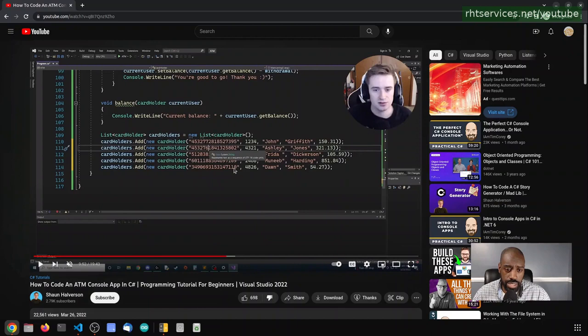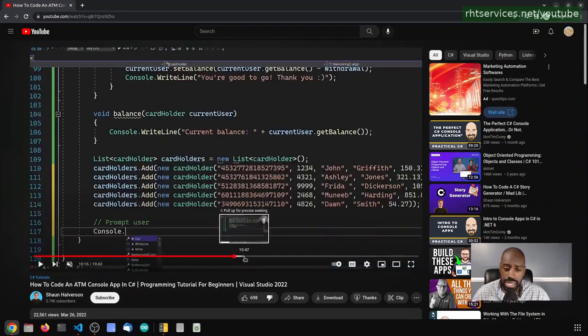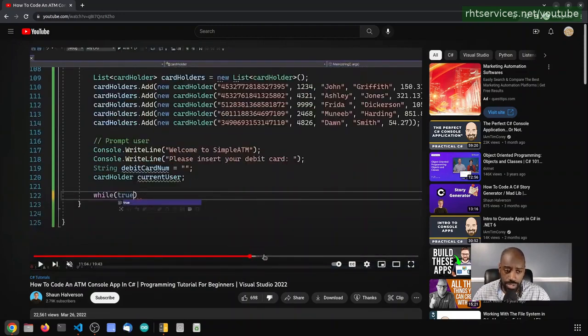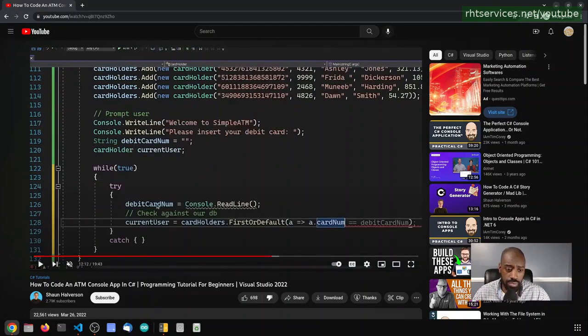All right, the next thing he does is he adds the list of card holders to the main method, which is fine because his application does not have a database associated with it. One thing that stuck out to me though is this debit card num, which in my opinion should be spelled out, is only used within this while loop. That being said, it should be declared only inside of that while loop instead of outside of it,